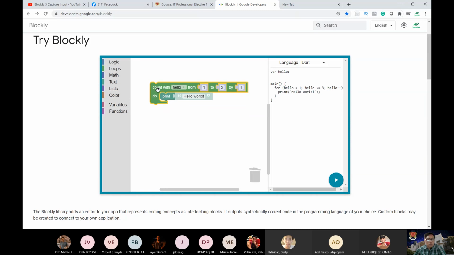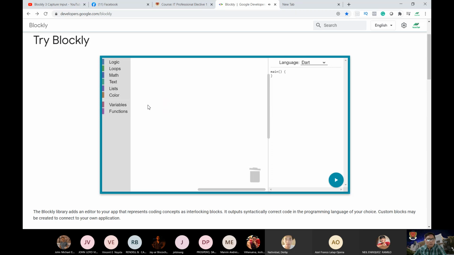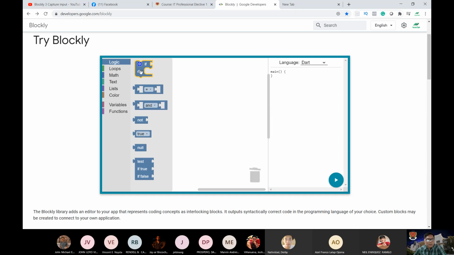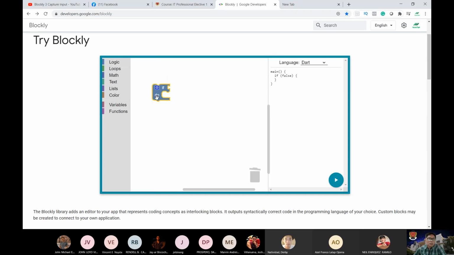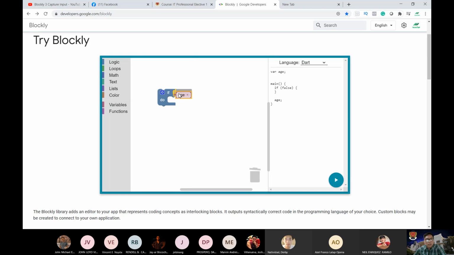So what if class we want to have an input? Say for example, we have a very basic input. So we have here logic, we have if statement here. So let's try to get an if statement. Let's say our variable is age. So I will put it here. So anyway, let's delete that. So we need to create class